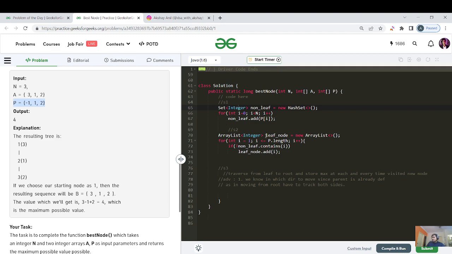Then I have made a list of leaf nodes. Whatever index is not present in my p array is part of the leaf nodes. So that's what I have done. I iterated from 1 to less than or equal to n, because the nodes start from 1 to n. If that particular index is not present in my set, then I have added that node as a leaf node